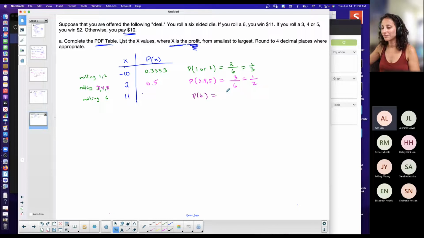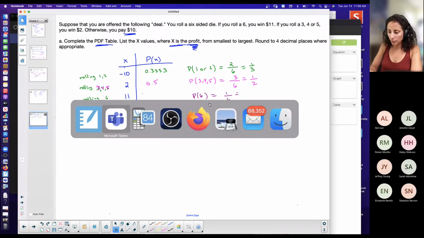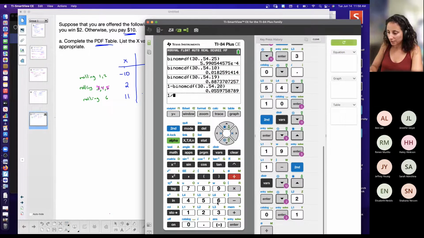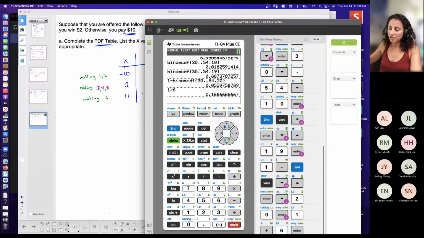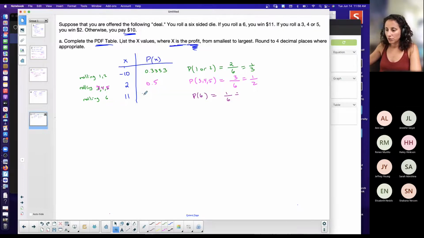1 out of 6. 6 total possible outcomes. Only 1 is a 6. Actually, I don't remember what 1/6 is. Let's see. 1 divided by 6 is 0.166 and so on. Rounding this to 4 decimal places is 0.1667. So approximately